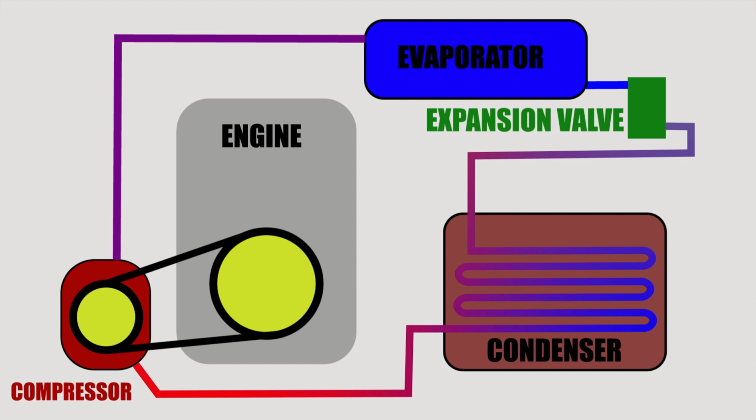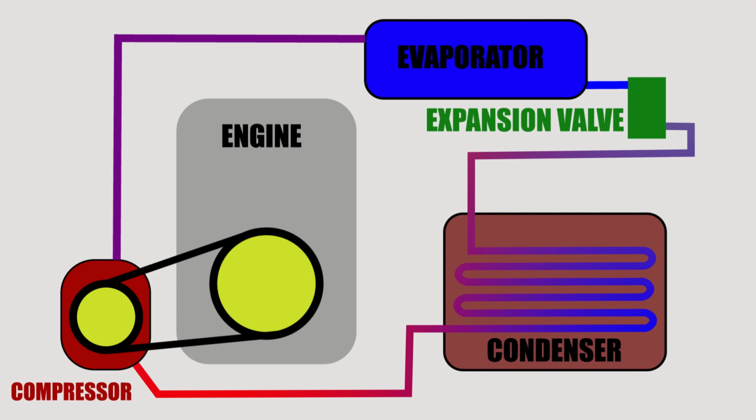The expansion valve lowers the refrigerant pressure so the temperature of the refrigerant cools down below the ambient temperature. As pressure and temperature are related, the lower the pressure, the cooler. And now we have cold refrigerant, so we can use it to cool the air,